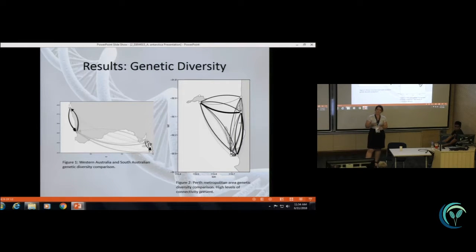We believe that with further research and further studies gradually going down the west coast and across the southern coast of Australia, we'd see a gradual decline in the genetic connectivity of the plants, and therefore that would explain why there's such a large genetic diversity between the 2 sample sites.